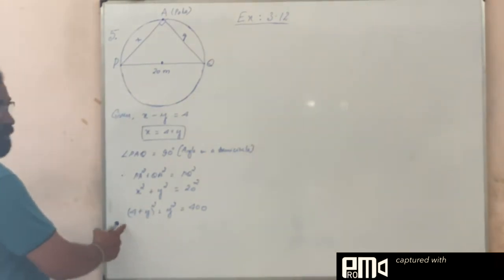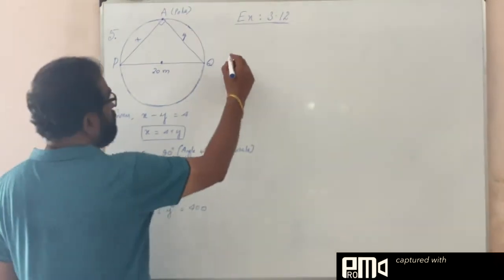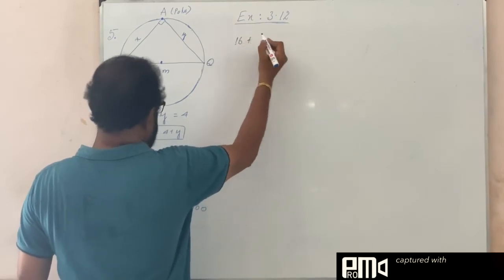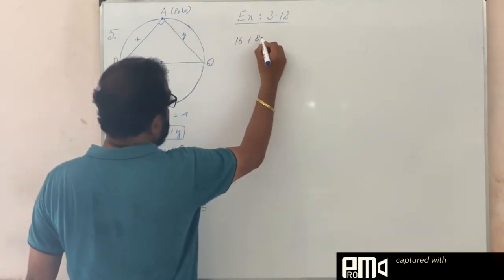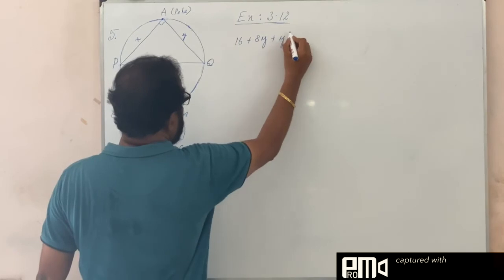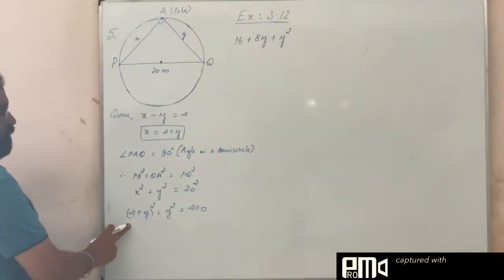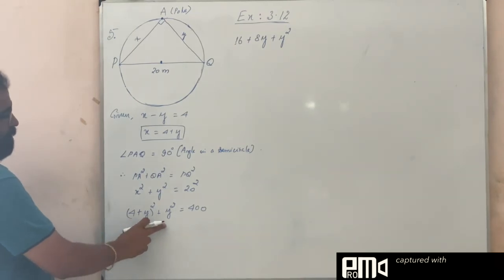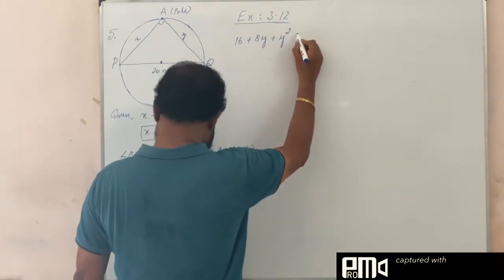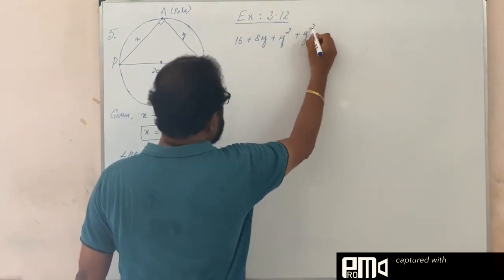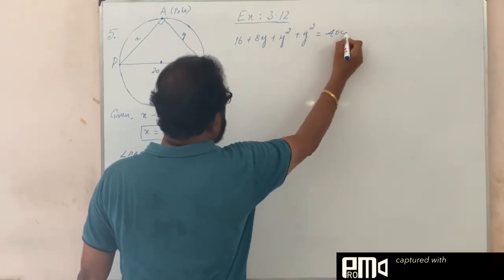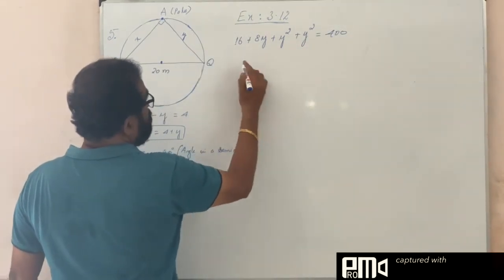What is 4 plus y the whole square? We expand: a square plus 2ab plus b square, 16 plus 8y plus y square, and another y square, equals 400. Y square plus y square, 2y square